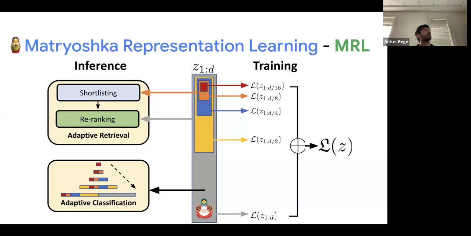So in this case, all the heads are kind of doing the same task. The task is the same across all the